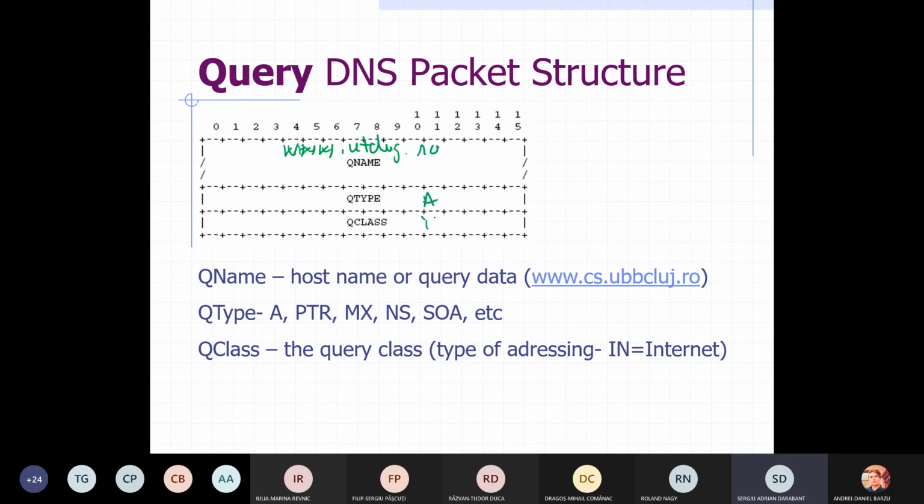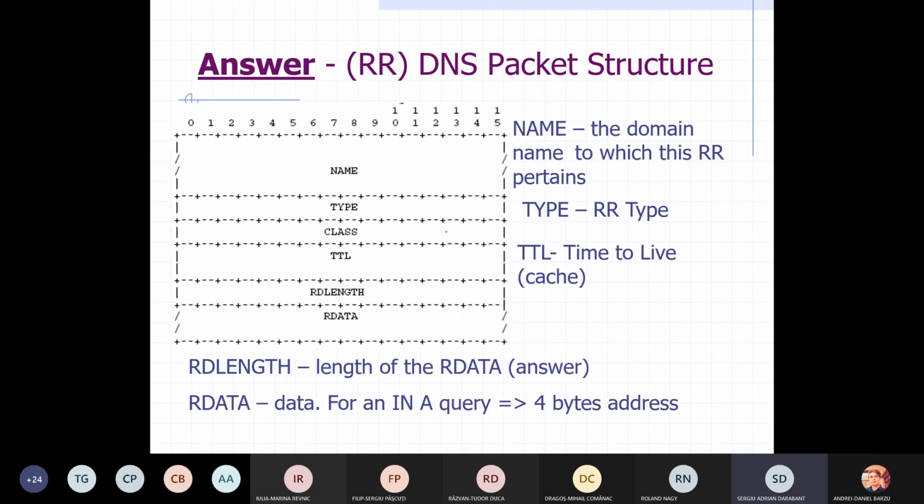Query class will always be internet. And then this is the question, and you'll get back the result, something like this. You can see here you'll be provided a TTL. How long is that answer valid? The type will be A here. Class will be internet, and you'll get the same name here,